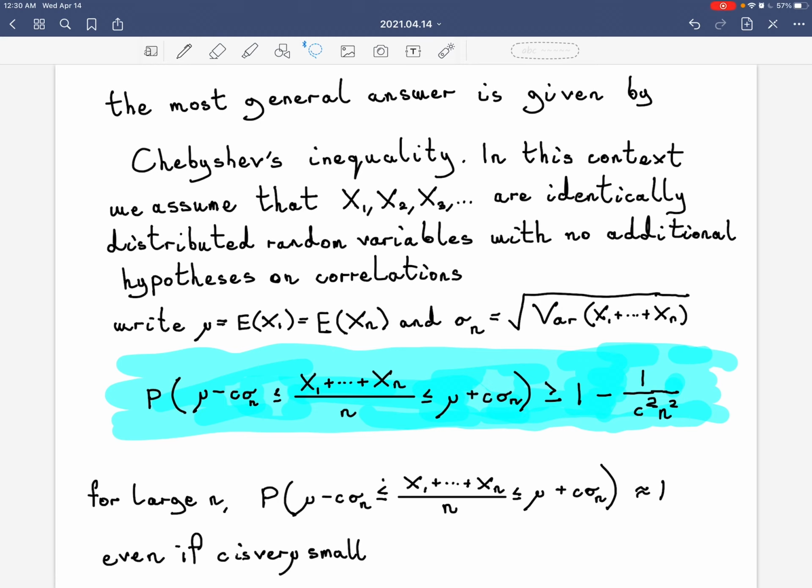And if sigma n is scaling sublinearly, then you can adjust c so as to get a sublinear growth in c, and then subquadratic decay in c squared, which gives you